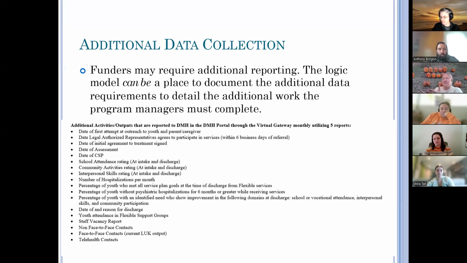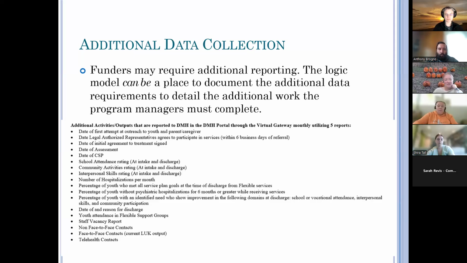I don't know if there's really standards or what the standards are, but this is the kind of information that DMH is looking for, and it might determine our continuation of funding if we're not providing that data on a monthly basis. Also, if they're seeing a high number of hospitalizations or youth aren't meeting their goals, that might cause a program redo or even loss of funding. We're working hard in program development, trying to get reporting completed every year on time.